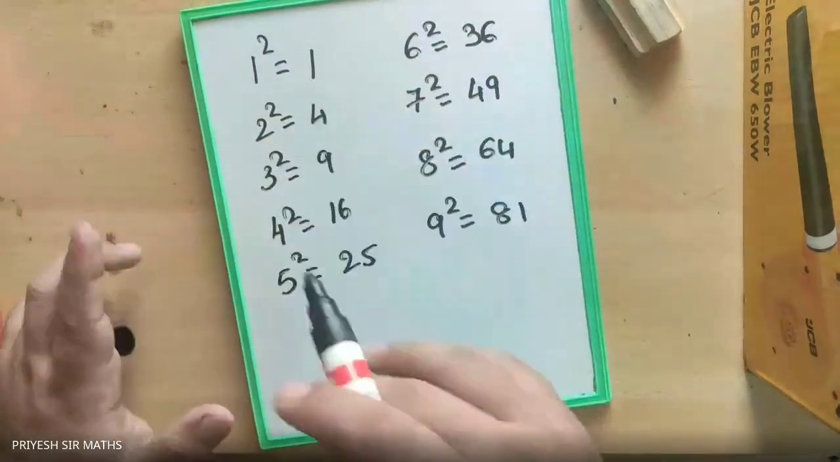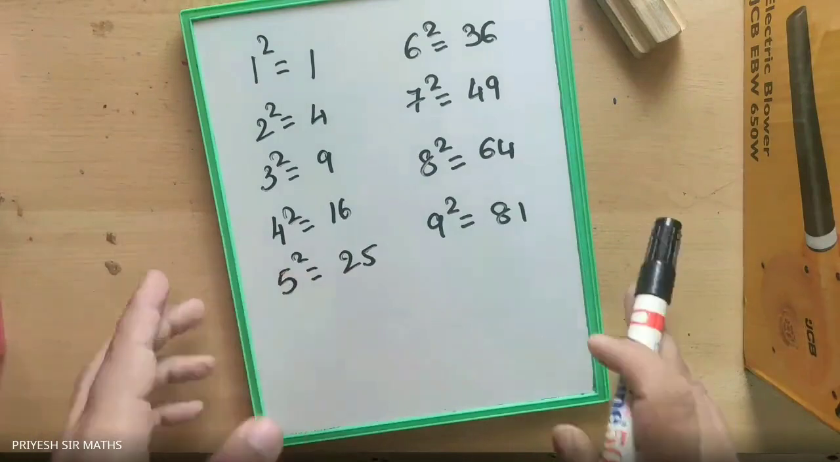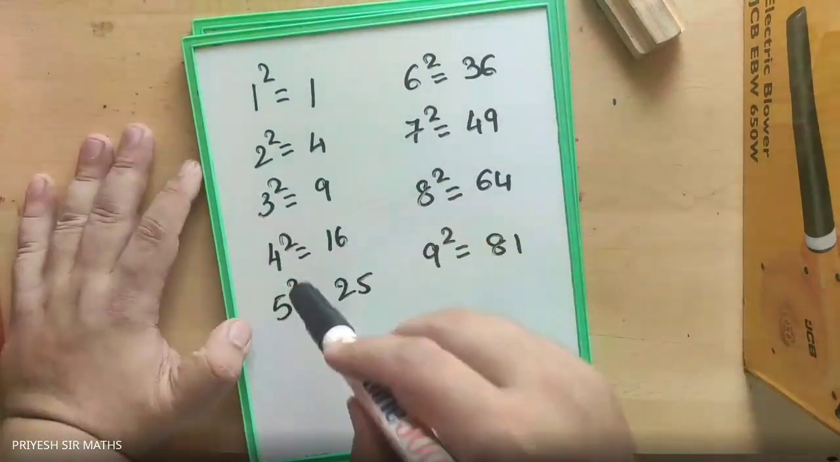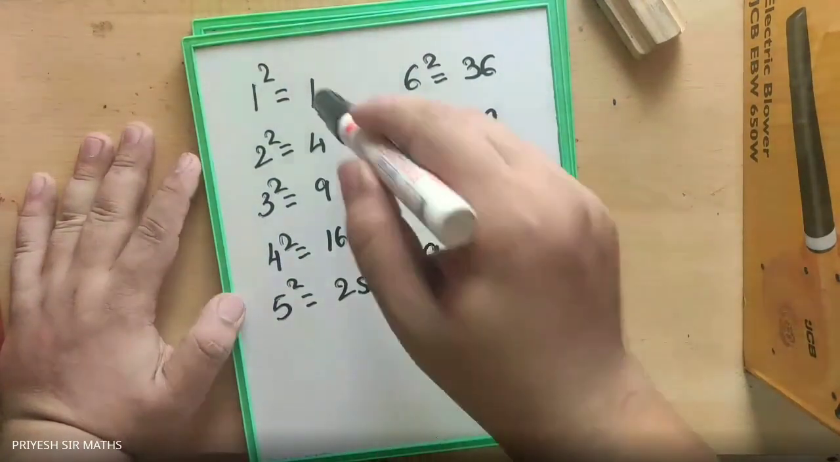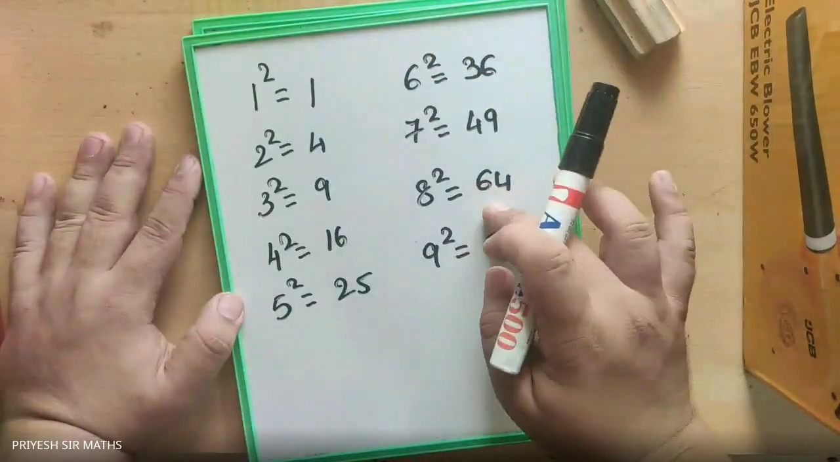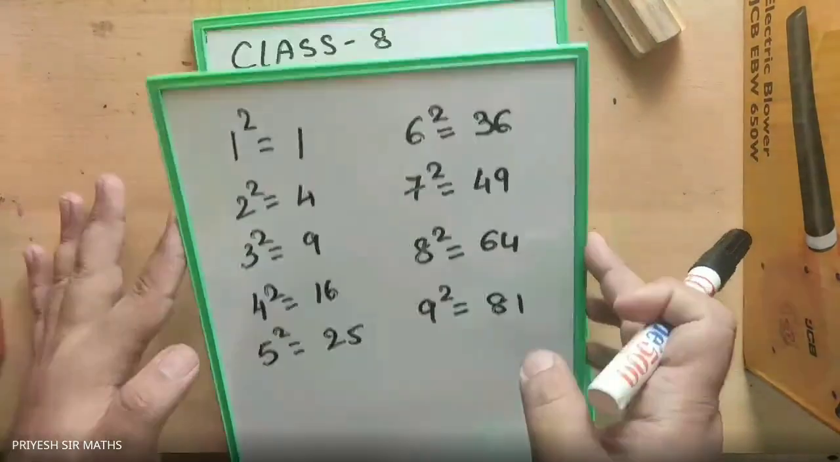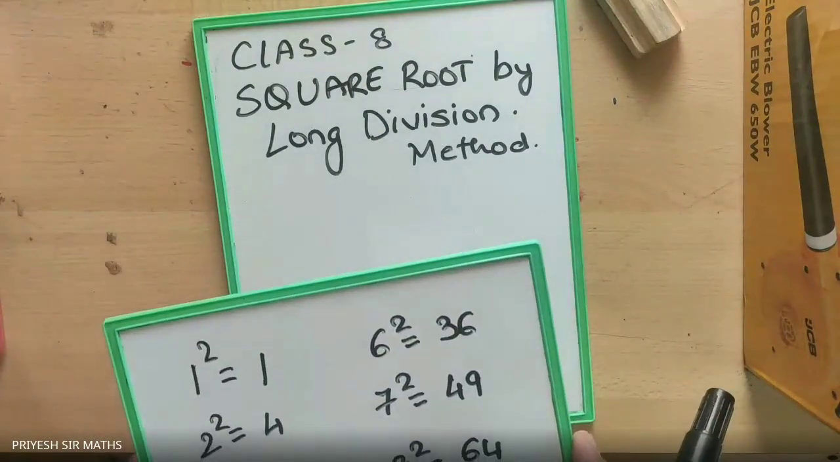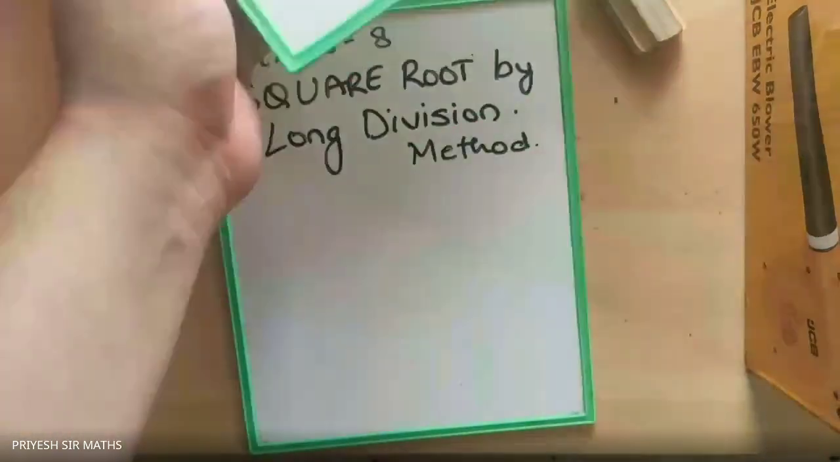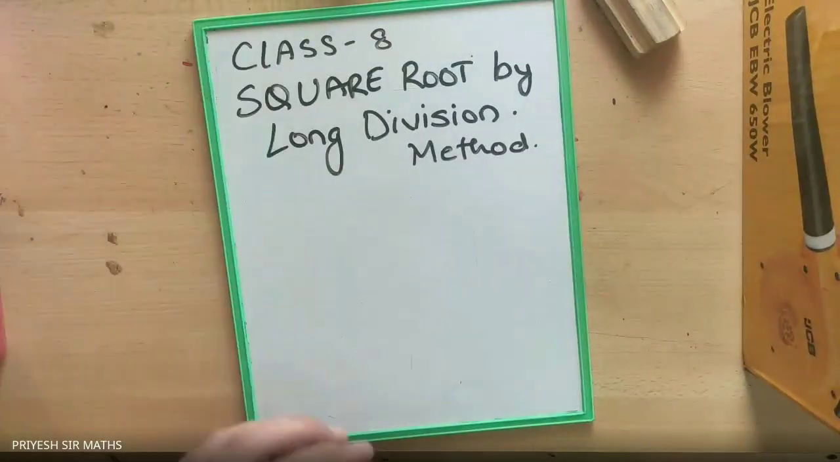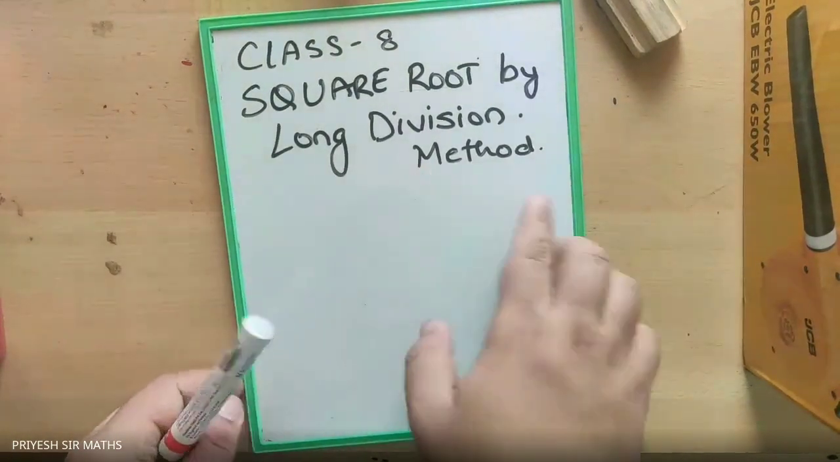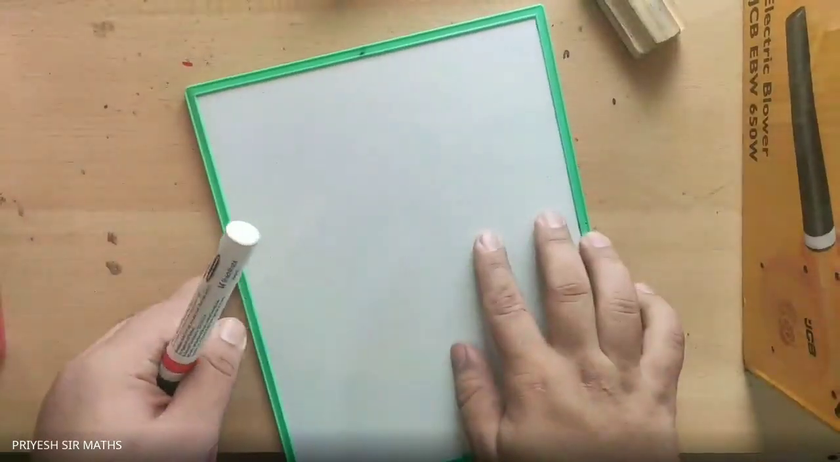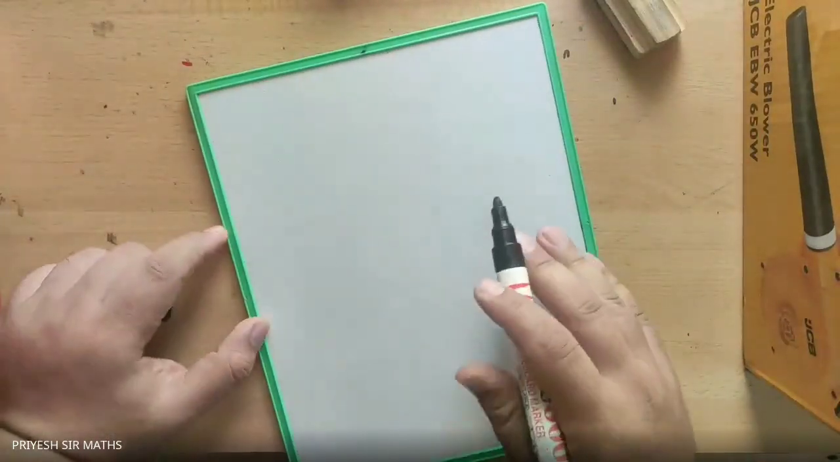You have to remember these squares in advance, because these squares from 1 to 9 are useful to find the square root by long division method. Okay. So first of all, to find the square root by long division method, we take one example,